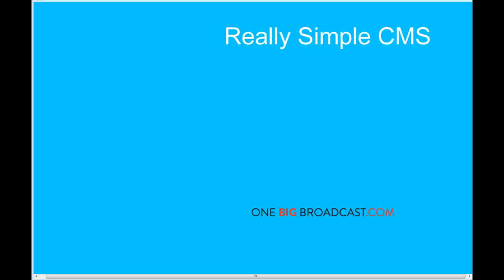One Big Broadcast is really all about everything simple, phenomenal user experience, and a really good user experience in the actual administration of your website. Because the idea is that if you want to automate your marketing, you've got to make things very simple and efficient. So we've been doing this for quite a while, and we built one of the sample sites